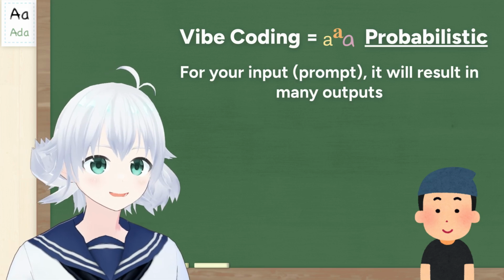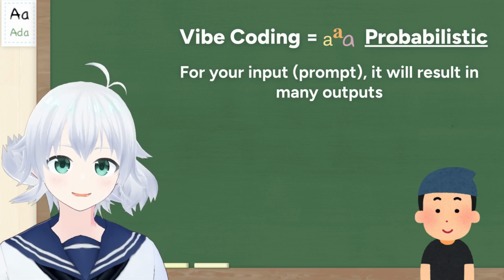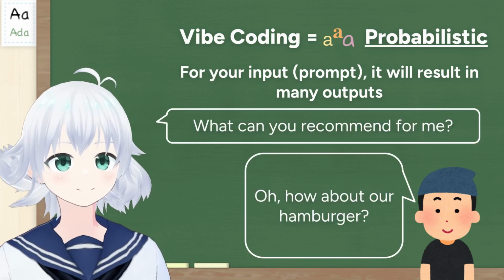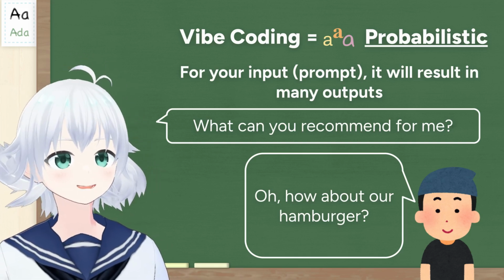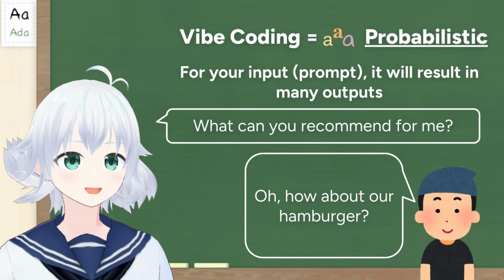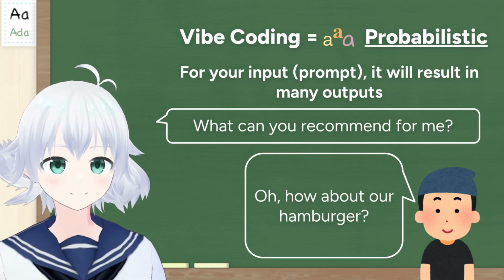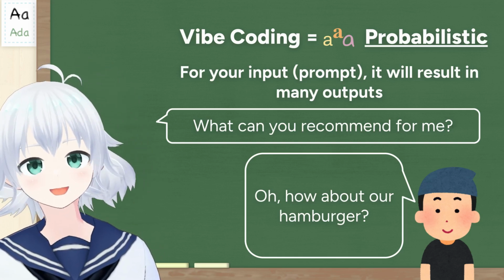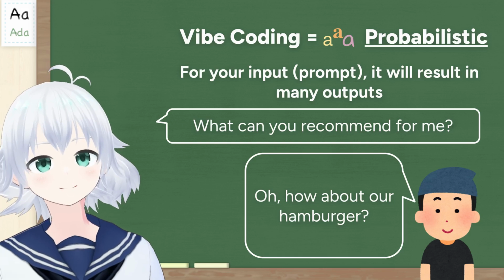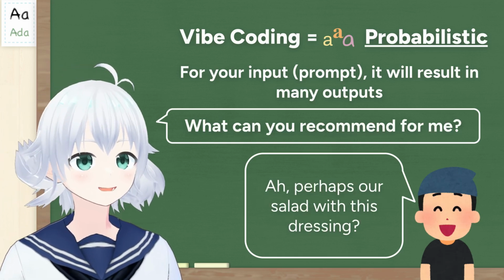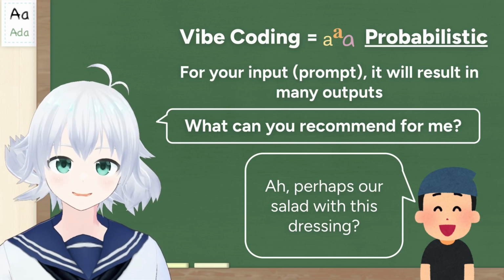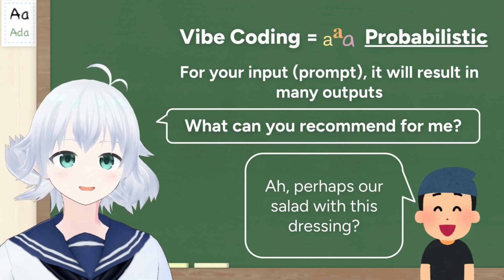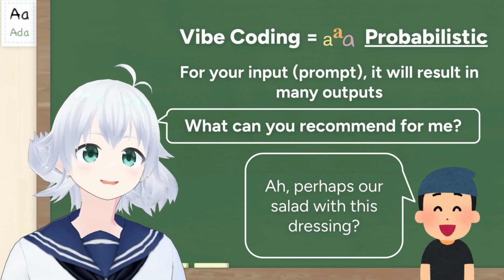And you thought of getting some recommendations from Waiter-san. So you ask, what can you recommend for me? Waiter-san would be like, oh, how about our hamburger? When you try to ask the same question again, what can you recommend for me? He then thinks of something that you would like from the menu and says, oh, perhaps our salad with this